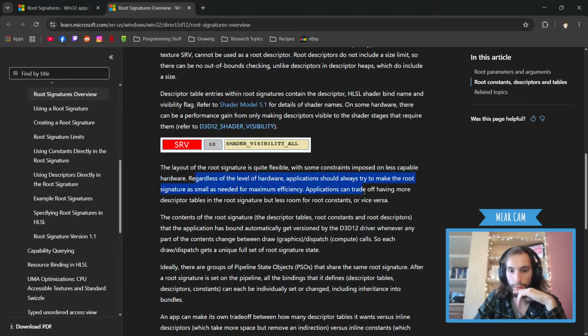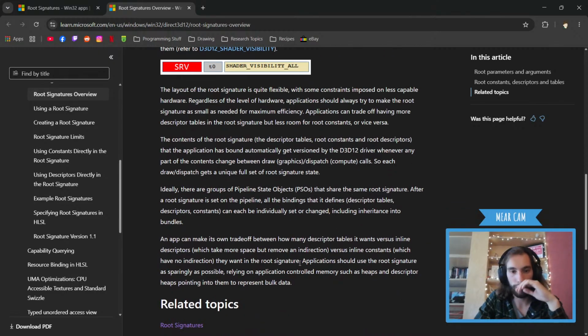Let's go. Okay, so we read that. The concept of root signature, descriptor tables, root constants, and root descriptors. Application bound to. Hello, welcome to the stream. We're reading documentation. So, yeah. Reading documentation. I'm looking into how to set up the root signature correctly for the application, because we only have one. Okay, so binary objects share the same root signature.